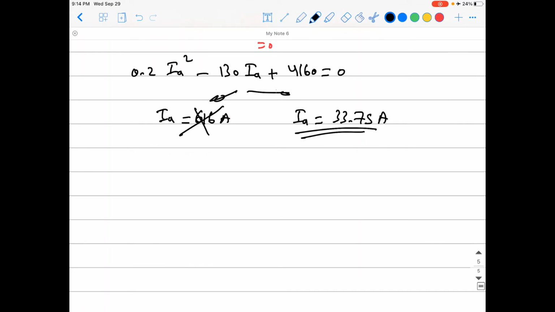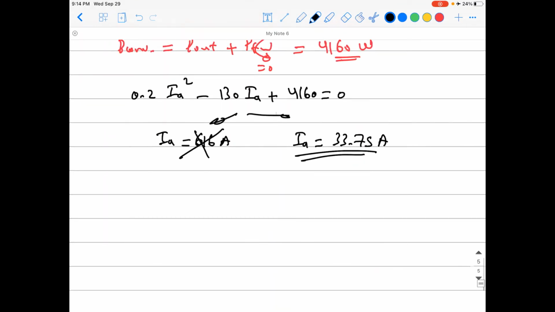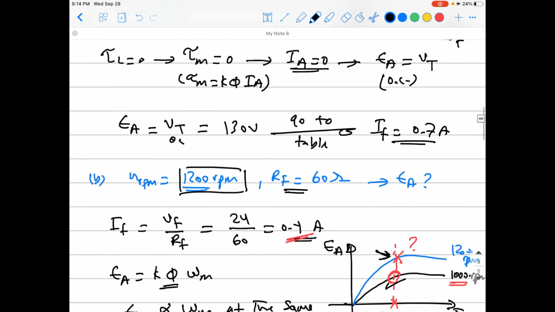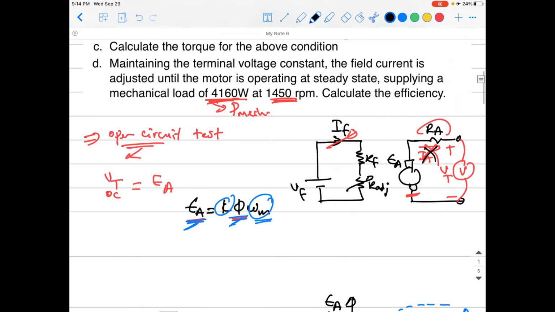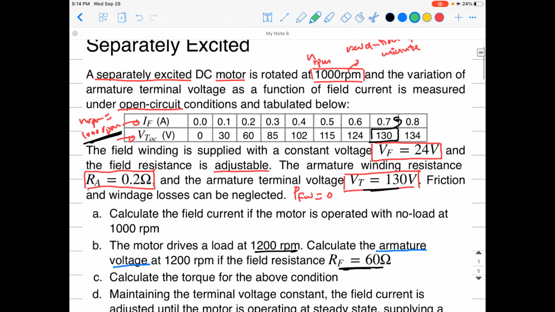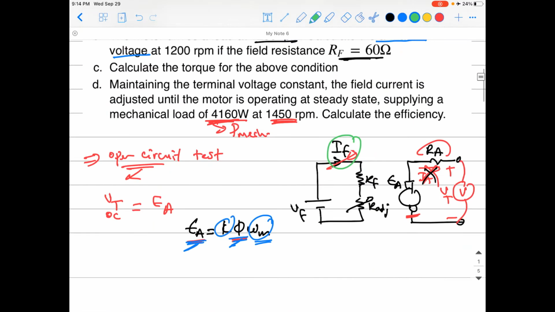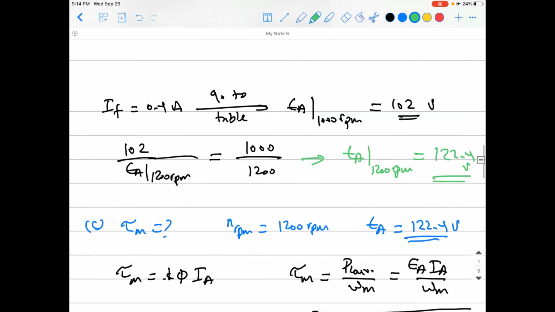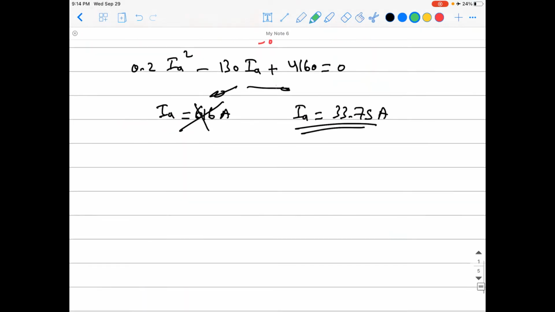We can again find IF because we don't know RF, so we need to use the table back. To calculate this value for IF, either you can use Ohm's law, VF over RF, if you know RF, but RF is not given, so we don't have other option to find IF but to use the table. But remember, this table is at 1000 RPMs, and you are now working at 1450, so we cannot use the table